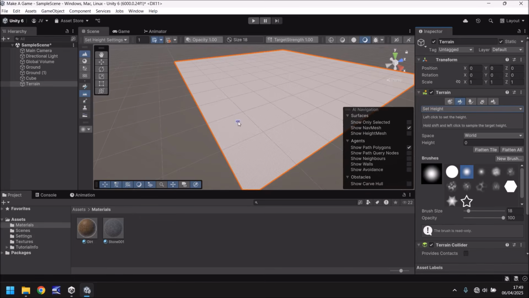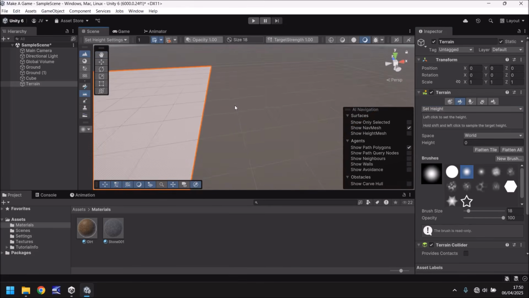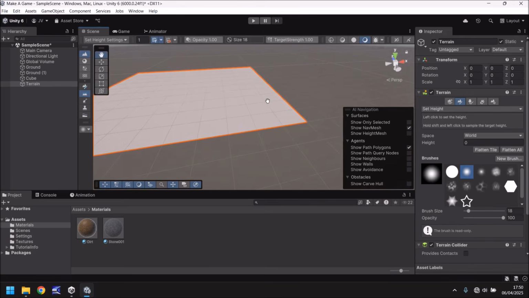It's important to kind of get an idea of what the terrain will look like in your head. So for example, if you want part of the terrain to be mountains, let's focus on that bit first. Don't try and focus on everything all at once because it will not work in that way. So what we'll do is we will use the right mouse button and we'll turn ourselves around. We'll zoom out a little bit and then we'll hold the middle mouse wheel and just move ourselves this way